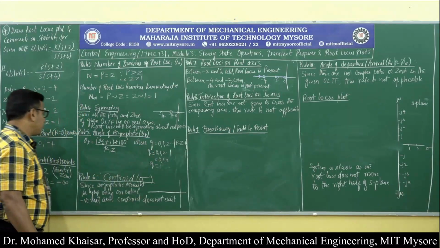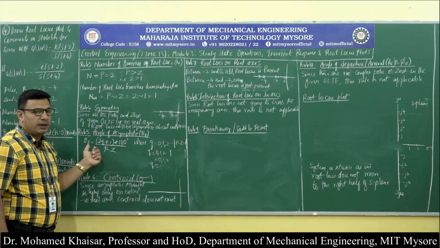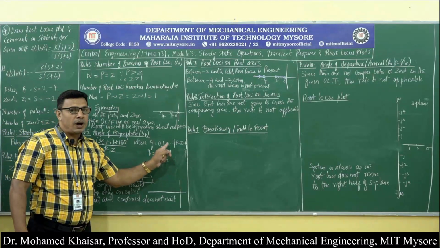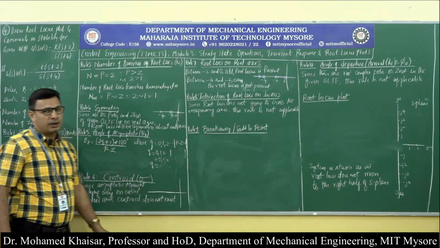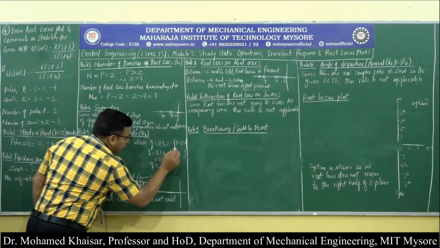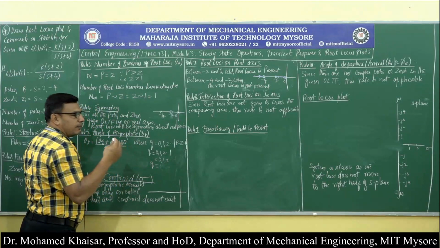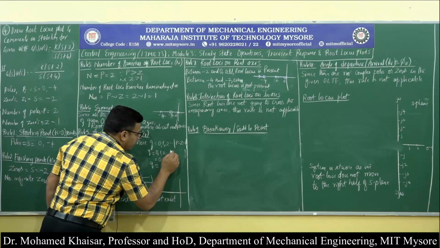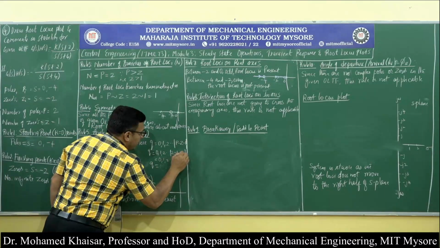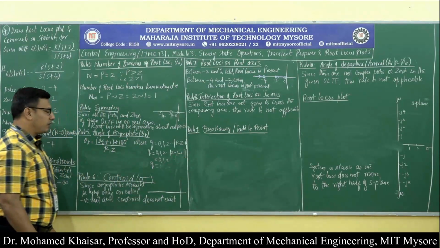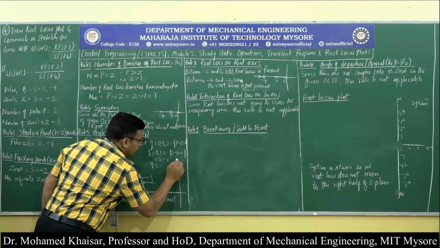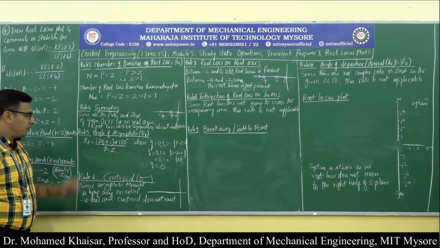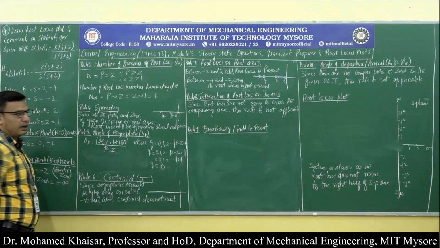symmetric about real axis. Then angle of asymptotes, which is given by theta k is equal to (2q plus 1) into 180 divided by P minus Z, where q is equal to 0, 1, 2 up to modulus of P minus Z minus 1. Capital P is number of poles, capital Z is number of zeros. So number of poles is 2, number of zeros is 1, and the minus 1 is under the modulus. So it will give us 0, 1, 2 etcetera up to modulus of 0. That means you need to give the value of q as 0 alone and calculate the angle of asymptote.